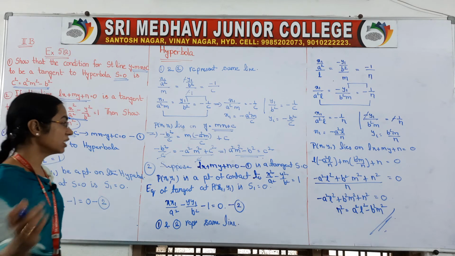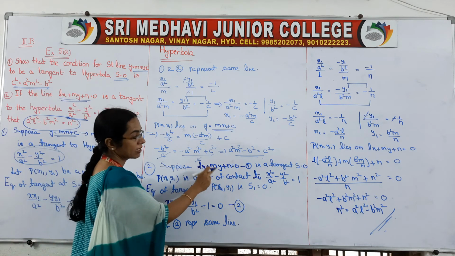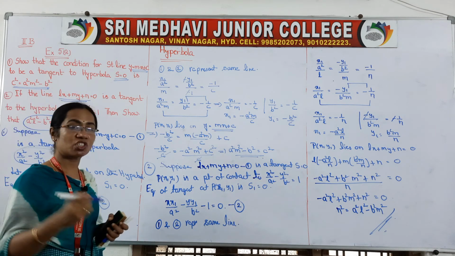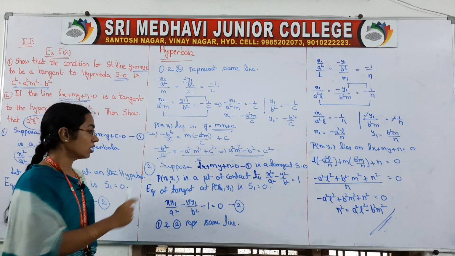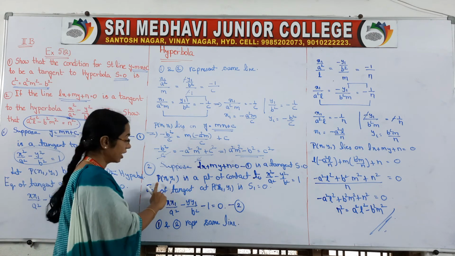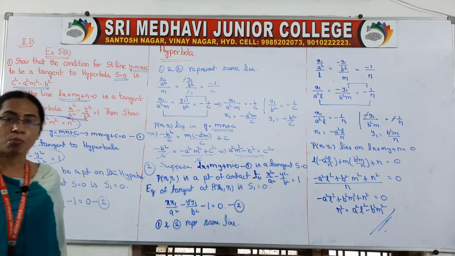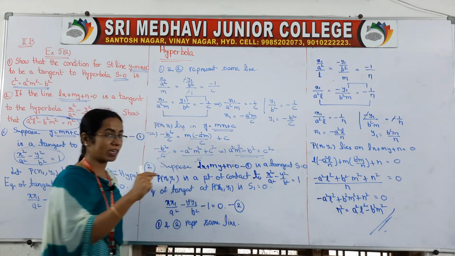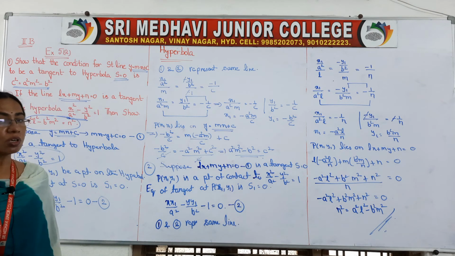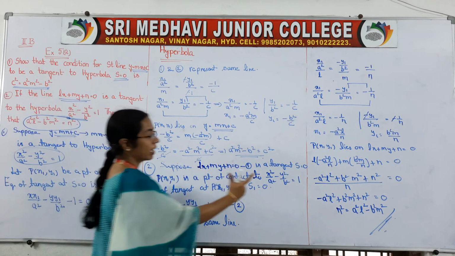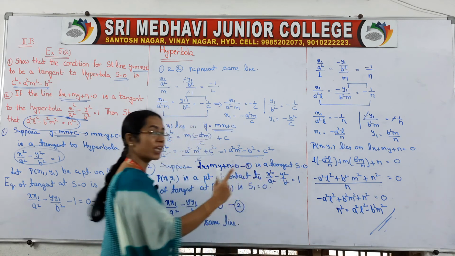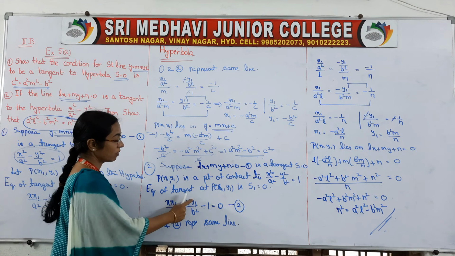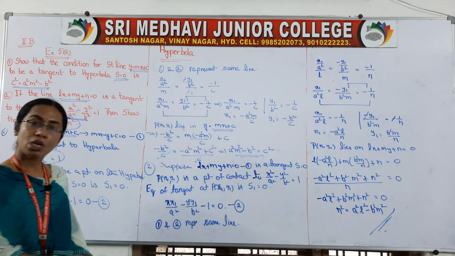So what is the procedure? First we consider this is a tangent to the hyperbola. Tangent means the line which touches the curve at one point. So that is called the point of contact. So you take P(x1, y1) as the point of contact. So now you take equation of the tangent at that point is S1 is equal to 0. So this is your S is equal to 0. For this we have to write S1, it is a notation. So x x1 by a square minus y y1 by b square minus 1 is equal to 0.